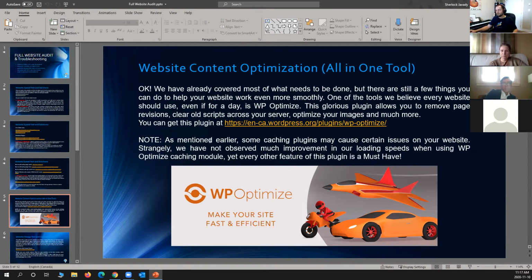There's a small note. As I said, they started WP Optimize as a caching plugin. Last time I used it, everything worked: compression worked, minification worked, everything works like a charm. Caching didn't work on my system. I don't know why. So I repeat, just like I said earlier, make sure you research your caching plugin. Make sure it is compatible with the tools that you're using.